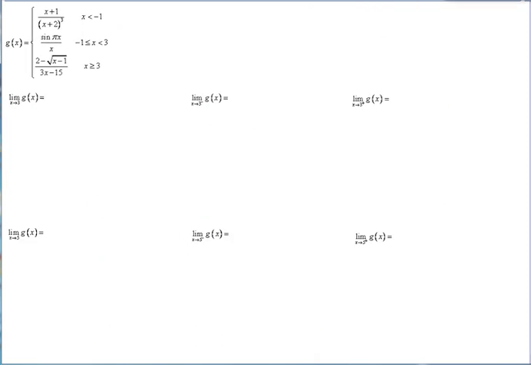All right, let's take a look at a couple more limits involving the same function here. The limit as x approaches 3. Notice 3 is also a breakpoint. So you can't start with a general limit, you have to evaluate the left and right separately. 3 from the left, well, this piece applies to the left of 3 where x is less than 3. So you'd have the sine of 3 times pi, over 3. Well, on your unit circle there,